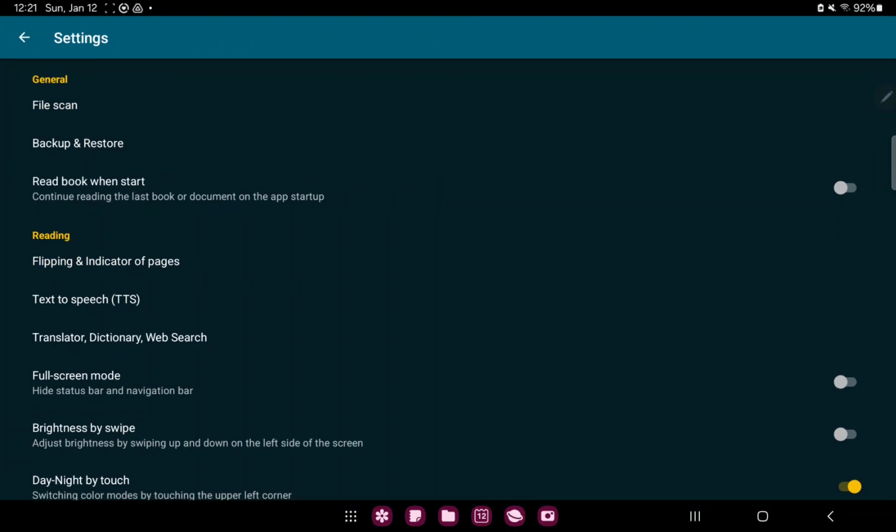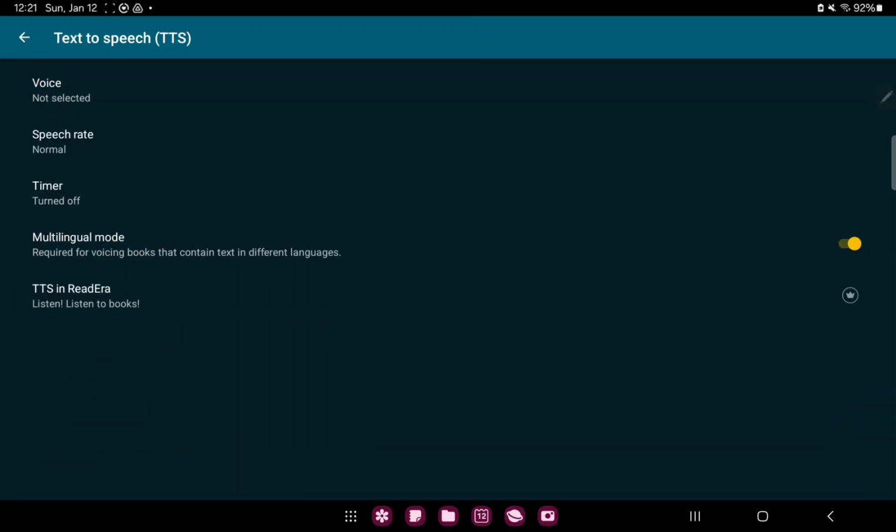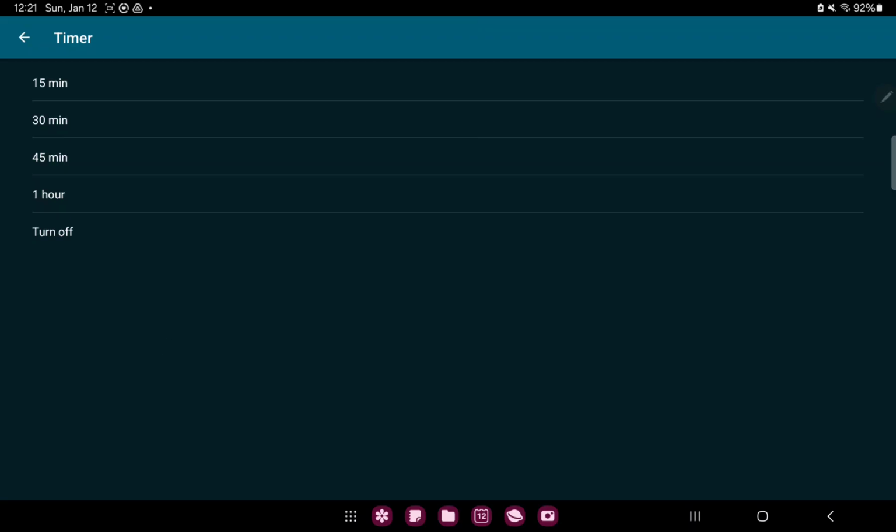Now, go to the reading section and go to the text to speech button, and you can find the third option, the timer. Click that and you can select your timer. You can turn off the function or you can select an hour, 15 minutes, 30 minutes or others. Just select one and click